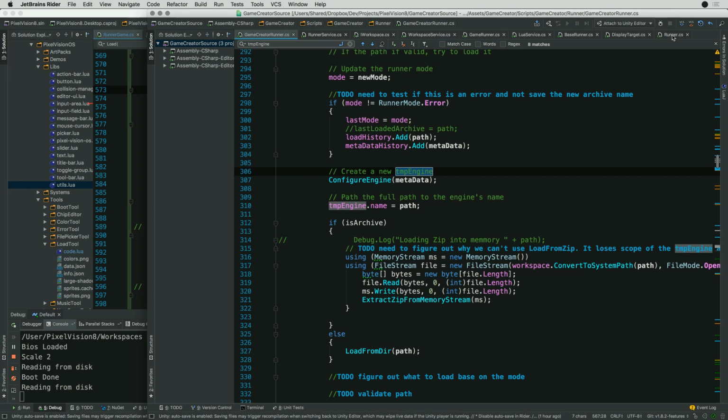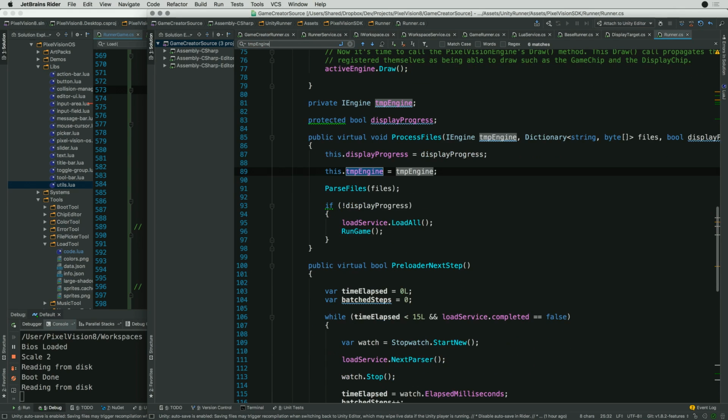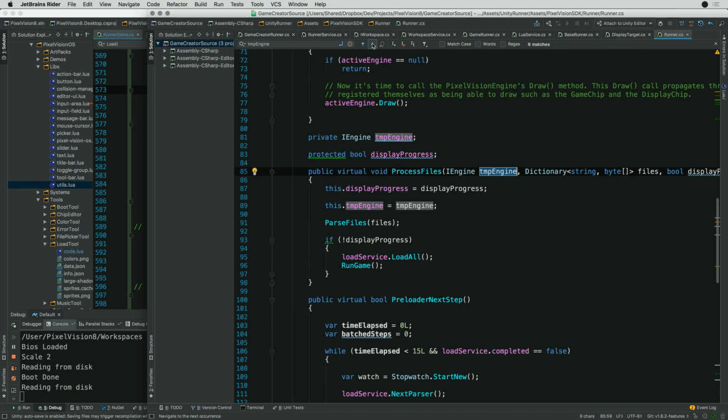So let's go to the actual runner and look at the temp engine. There's something where I'm not setting this correctly and I'm overriding the actual current engine. We process the files to the temp engine. Parse files, load service, temp engine. Run game. So when we process files, it